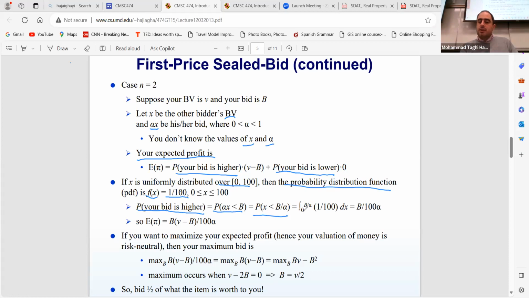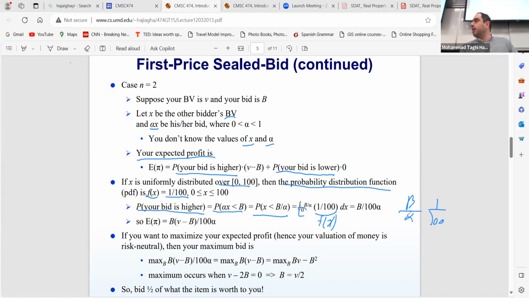So the integral from 0 to B over alpha of the PDF f(x) dx, where f(x) is 1 over 100. Because it's a uniform distribution, this would be